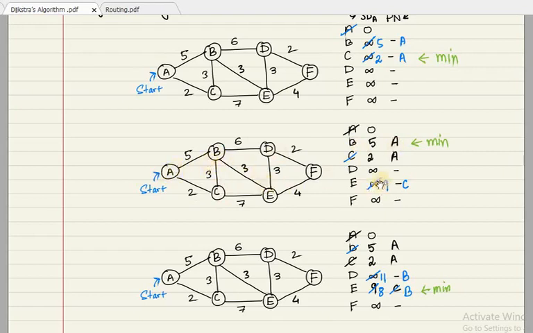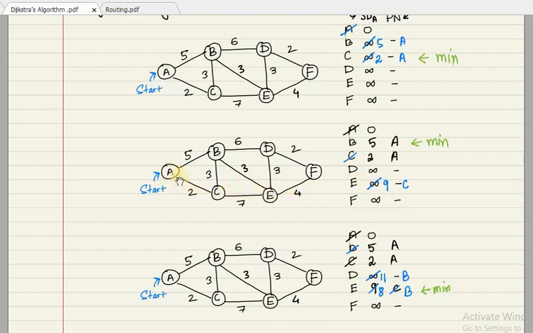Now we go to E. So for E previous was infinity, right? But now we have a path from C to E which is 7. Earlier value of C is already 2. That means to reach C it is already 2. Now we have to add a 7 here, okay, so that we can reach E. So 2 plus 7 is going to be 9, and that's why we have crossed infinity and put 9 here. That means to go from A to E through C is going to be 9. I repeat it once again, to go to E through C starting from A is going to be 9.